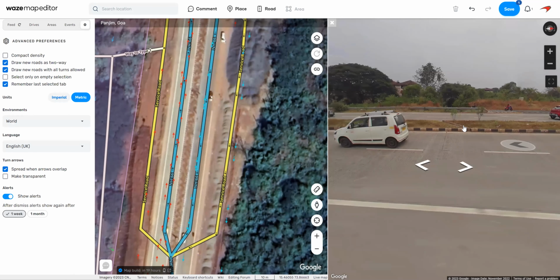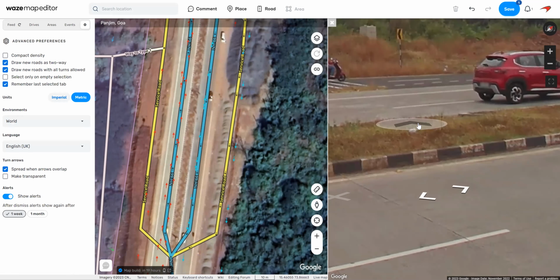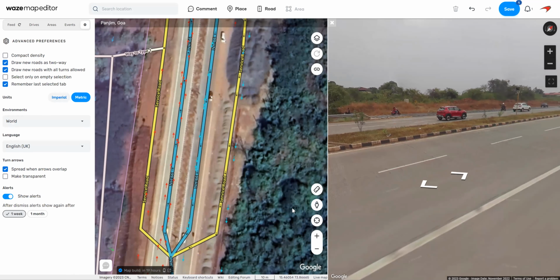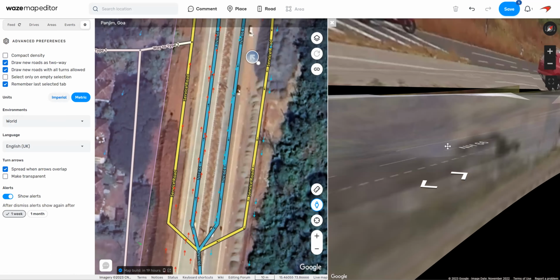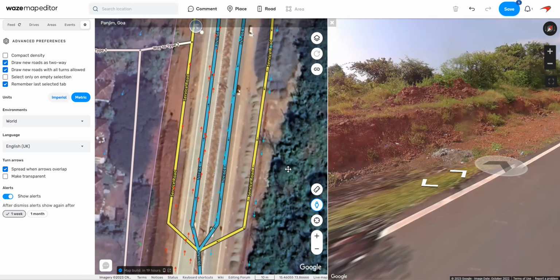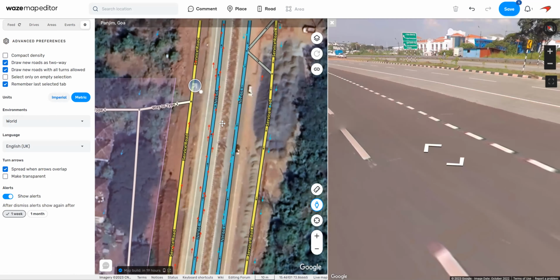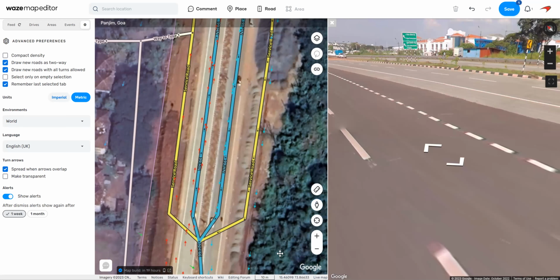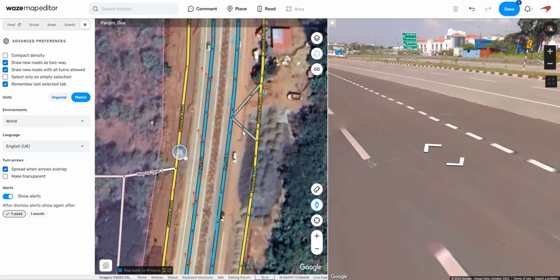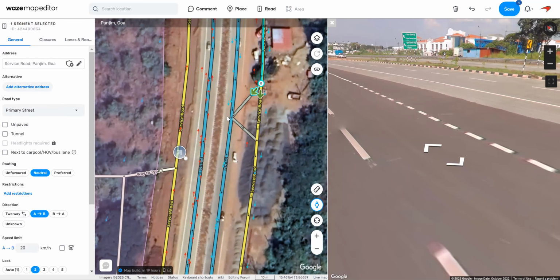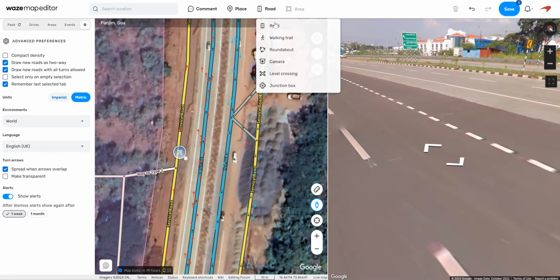Let's check if the other side also has an exit. Yes, it does. Okay, so we will do that by moving here. By being at this location, you actually get the right location. I should not make that merge here. I should make that merge over here. So once again, the first step is to come in to the highway and the second is to go out. So let's create an in